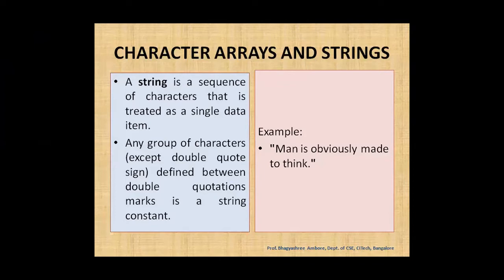Consider this example, where I have written "Man is obviously made to think" in double quotes. The meaning is that "Man is obviously made to think" is completely treated as one single data item. Whatever I have written has been enclosed in double quotes. So what is a string? A group of characters